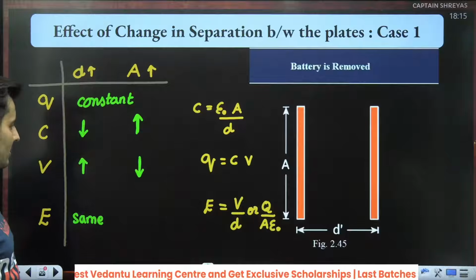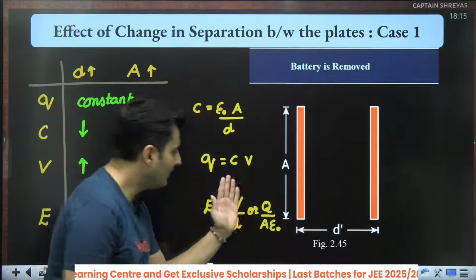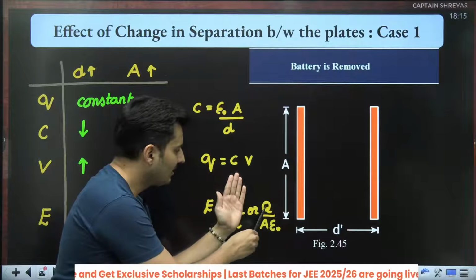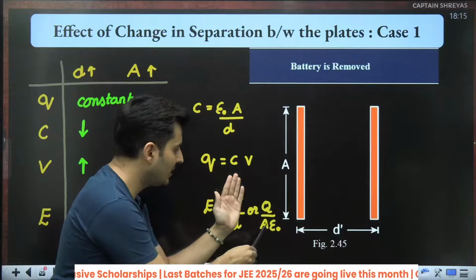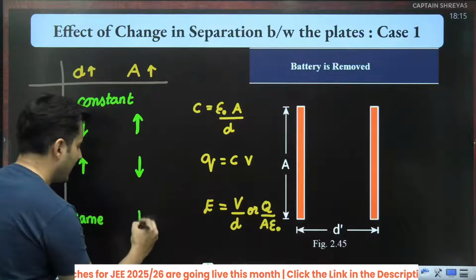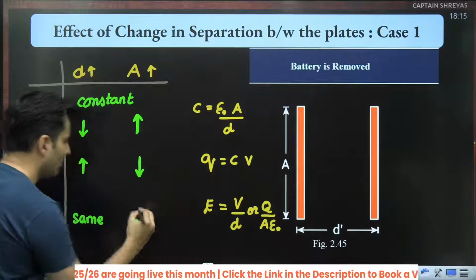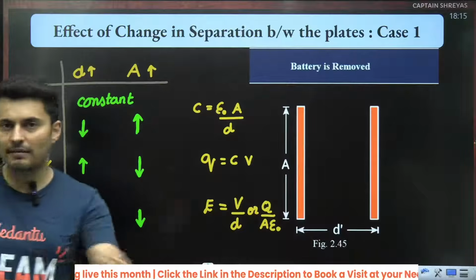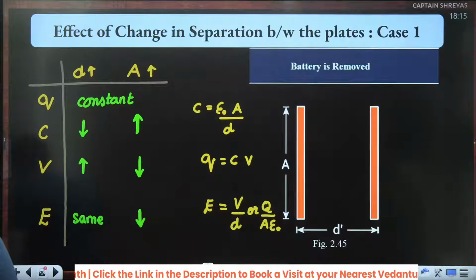When area is increased, I think things will change now. If area is increased, well, charge will not change, epsilon will not change, area increases, ratio will go down, field will go down. Hence, the answer will be the field reduces. Is that absolutely clear? Everybody with me?